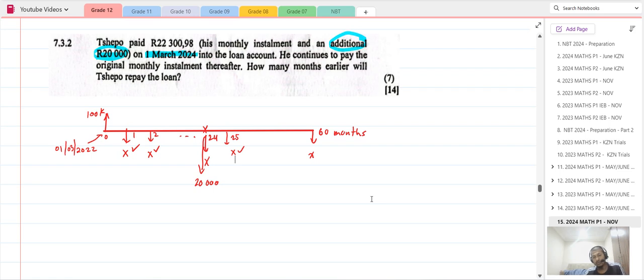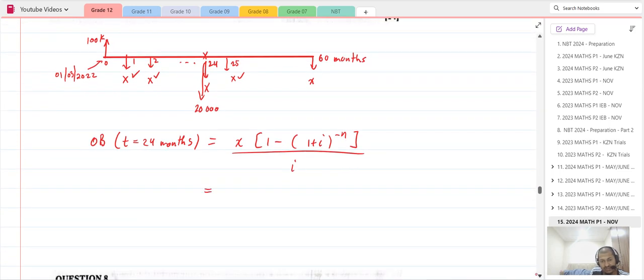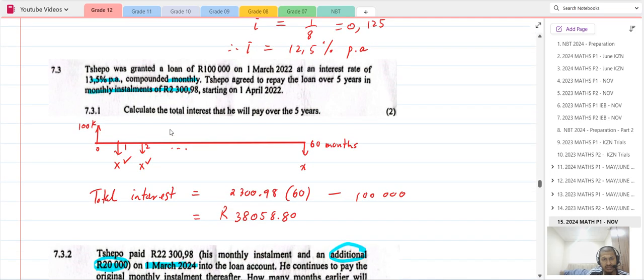So outstanding balance after 24 months, right? What's the outstanding balance on the loan after 24 months? So x into 1 minus 1 plus i to the power negative n, divided by i. So what we have is x, 2300.98,